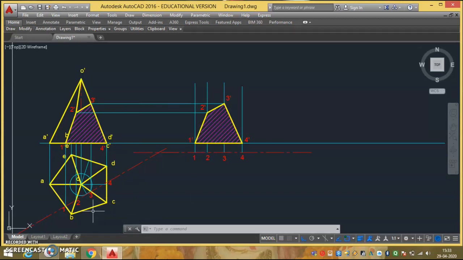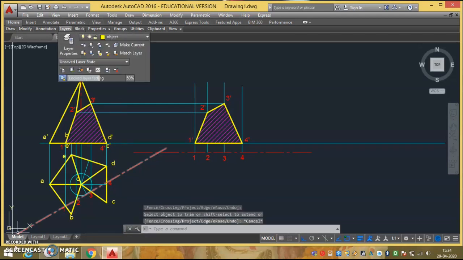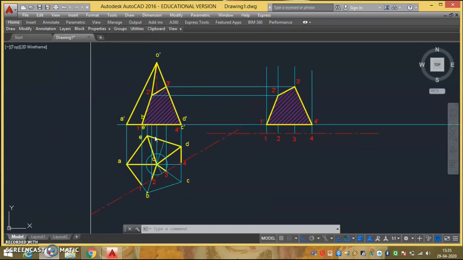Now in the top view, the lines you have drawn, you have to make light. Here you can see the part which is left after cutting is dark, and the part which is removed is light in color. That will be with the help of projection line. Because this part is removed, we will not completely remove it, but we'll show it with the help of projection line. So this is done with the section of solid question.